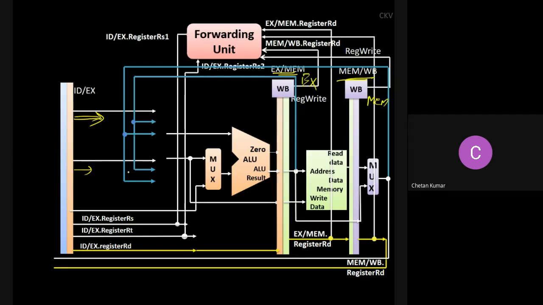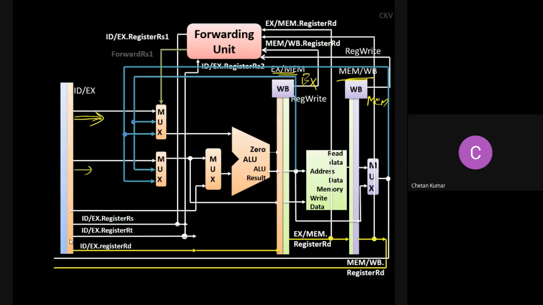Okay, so you'll be needing a 3:1 multiplexer. Okay, so assume that you have a 3:1 multiplexer. Now, whenever you have a multiplexer, you need select lines. Now tell me who will be supplying the select lines for these? The forwarding unit. The forwarding unit basically takes all of these, analyzes the equations,